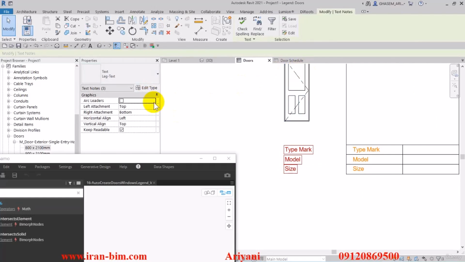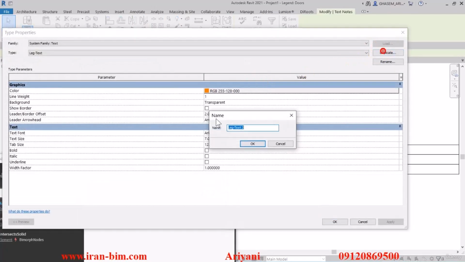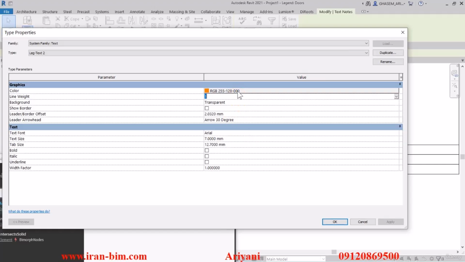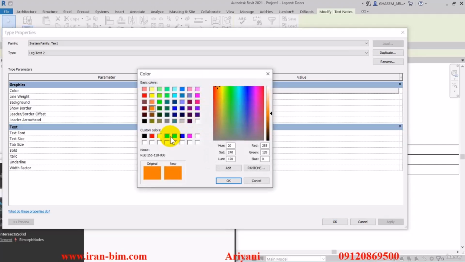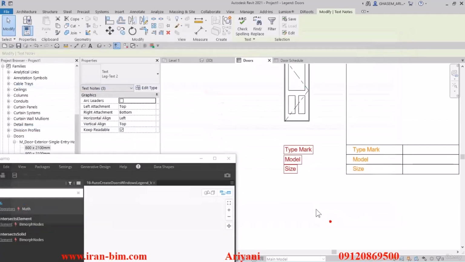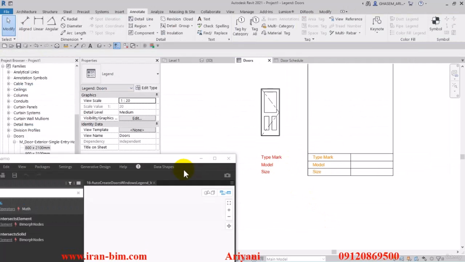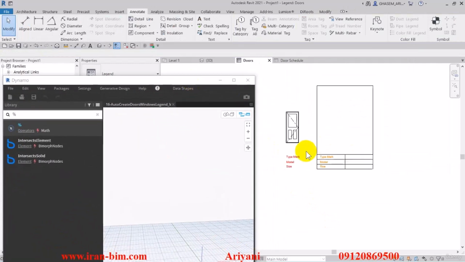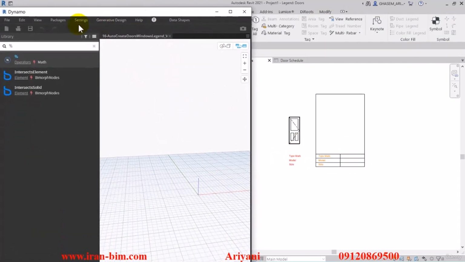So basically these gave us 3 sets. So I'll get a duplicate of the sets, name it number 2. For this one, let's go with red. Alright, now I wanted to select all of the types in the plan based on these and then distribute them. Now the process is a bit long and tedious, which we'll work on in